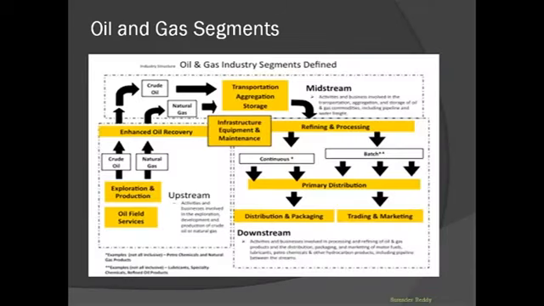Okay, so this is the schematic diagram which will explain all the streams. This is upstream, searching and exploration process, production process, oil field services. And then after getting the crude oil or natural gas, the transportation will be done, and we will store the crude oil or natural gas in aggregation storages or tanks. We'll call those tanks silos also, silo. This is the oil and gas terminology.